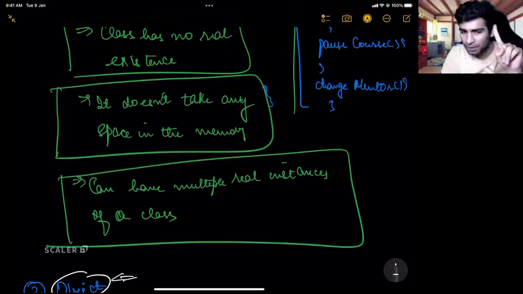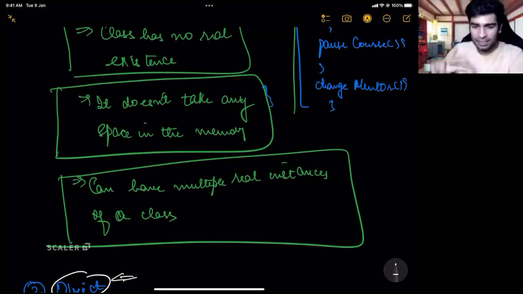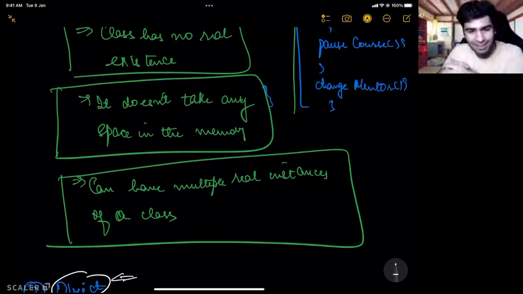What was the first pillar? Encapsulation. And how do we represent encapsulation in code base? Using a class. So a class is a way to achieve encapsulation. Encapsulation is a way to achieve abstraction. Cool. I think that should be clearing things up for you.